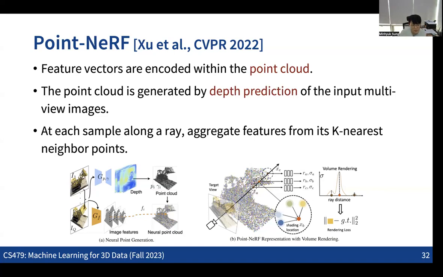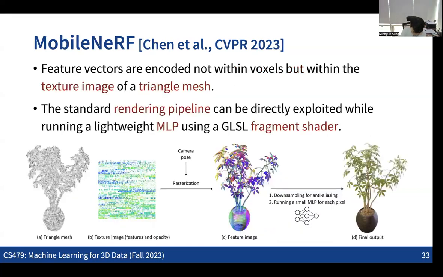And here the idea was using the point cloud instead of the 3D volumes. And actually, we can do the same thing not only for the point cloud, but also for the mesh. So this is an example where we are using a mesh representation, which is kind of the same. Now we are assuming that somehow we can get a rough reconstruction of the 3D objects or scenes from the multi-view images with a mesh, basically making a triangulation of the point cloud so that we get a rough reconstruction of the mesh.